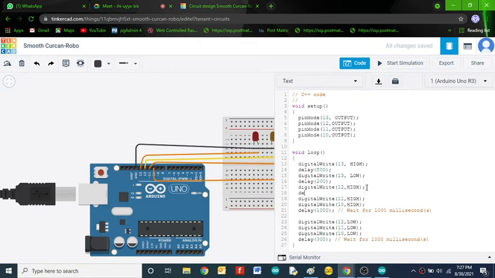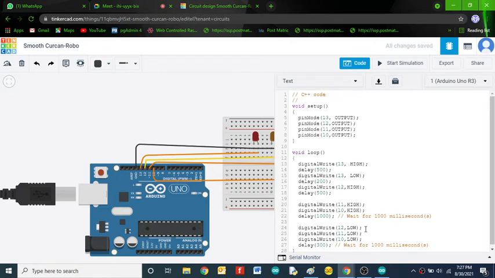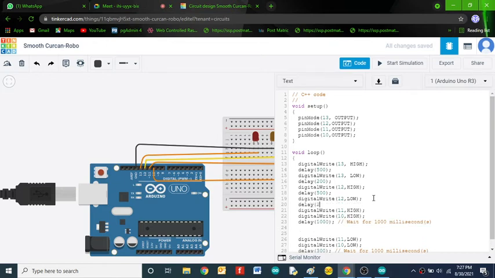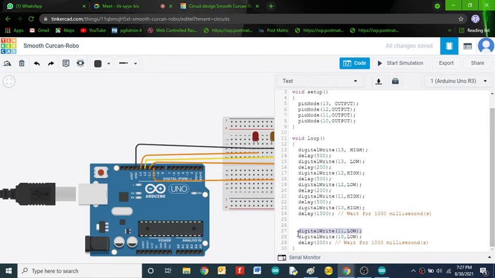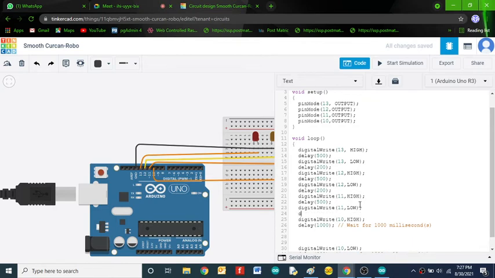So then 12 high, delay 500, and 12 comma low, and again delay. 11 comma high, delay, and then 11 comma low, delay. So 10 high, delay, and 10 low.